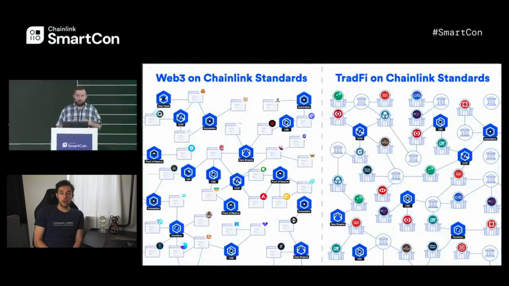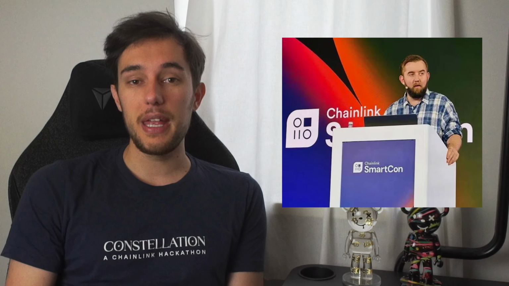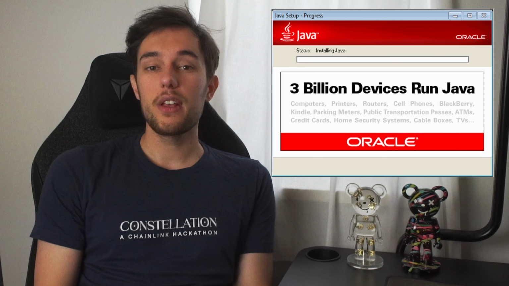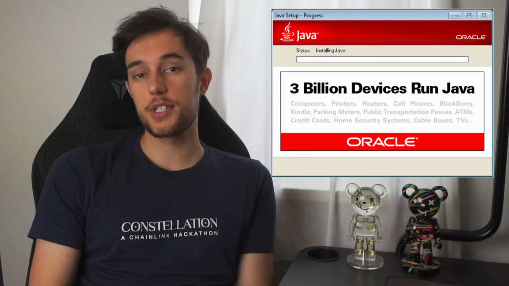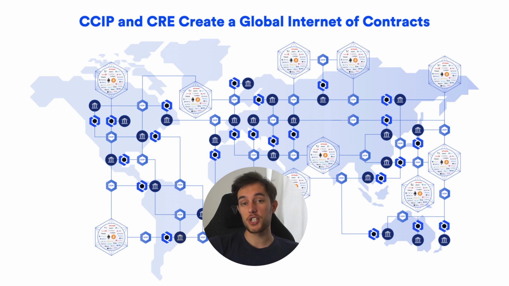Announced at Chainlink SmartCon in Hong Kong, CRE is designed as an all-in-one environment for blockchain application development. Chainlink's co-founder, Sergey Nazarov, explained that CRE could be as revolutionary for blockchain as Java Runtime Environment was for internet development back in the 90s. Java's JRE provided a consistent universal framework so apps could work smoothly across multiple platforms. And similarly, CRE aims to bridge gaps between different blockchains, allowing applications to operate across them without need for custom